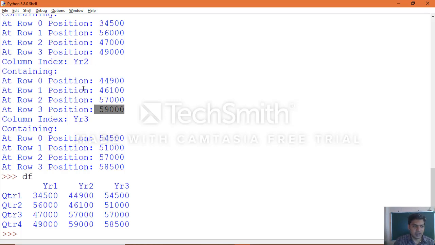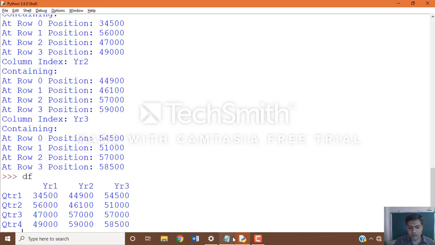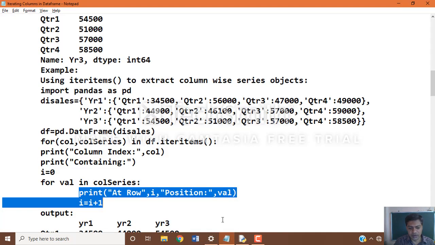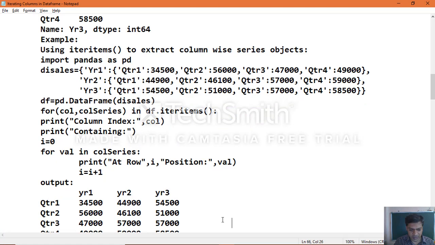Same way year 1, you can see clearly, same manner which you got as an output. So column wise data accessing we have done. Same way, column position wise, each row position with that particular column's values which we extracted. Same way you can go for another example which we executed, student details.